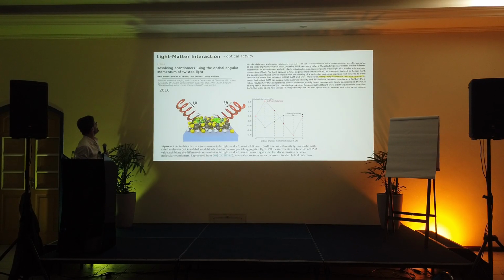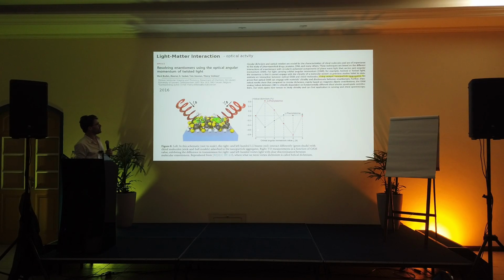not so long ago, this paper is from 2016, at the same time that our paper came out, more or less, but I only knew about this paper much later. People observed optical activity. They shone light with a given amount of orbital angular momentum on a sample, and they would see the emitted light, if it changed the orbital angular momentum or not, and they would see the absorption